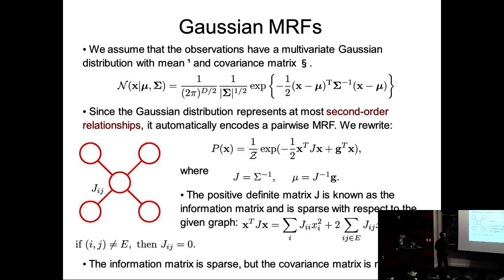Right. And again, x transpose Jx, I can write it as pairwise potentials plus unary potentials. Okay. So there is a lot of work where people have seen some large-scale, high-dimensional data and are trying to infer the second-order potentials. I'm trying to infer some precision matrix, and the sparsity that I incorporate in my graph will effectively incorporate sparsity